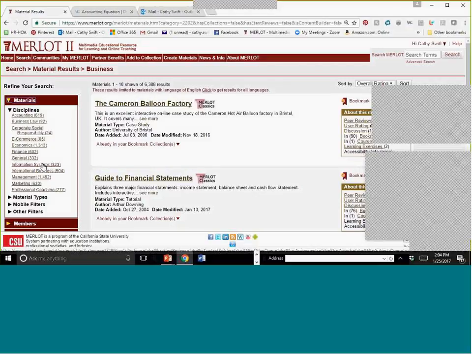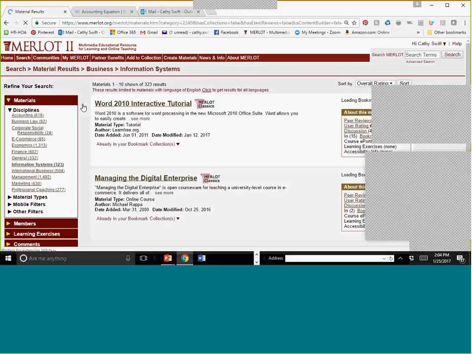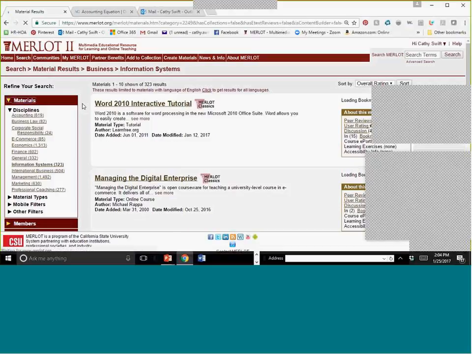Information technology has kind of pulled all people away from that, but let's just go to information systems because we've got 323 materials in it. As I've clicked on information systems, because we don't have an associate editor right now, we don't have subtopics in information systems.